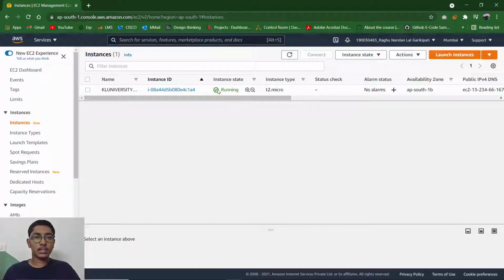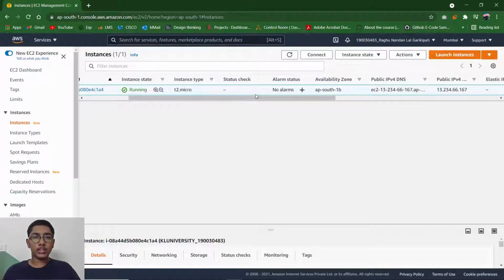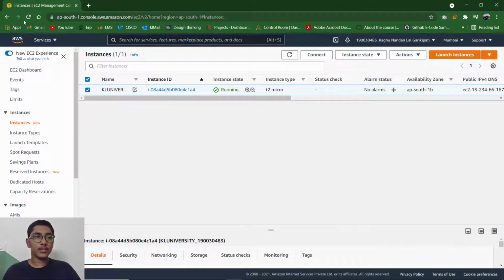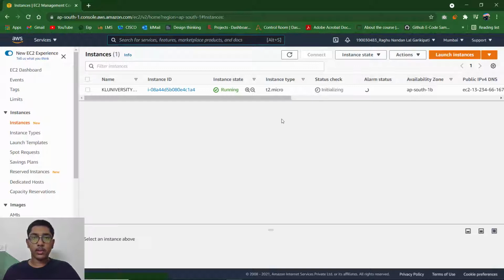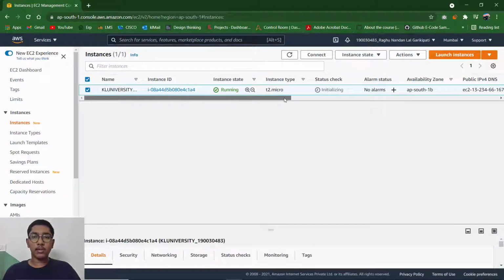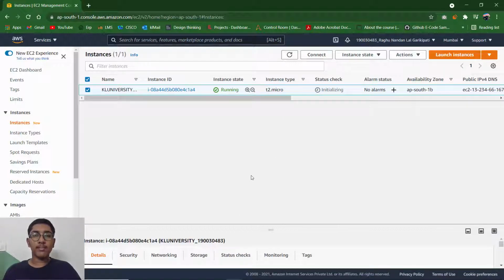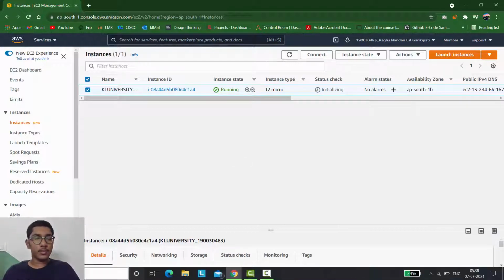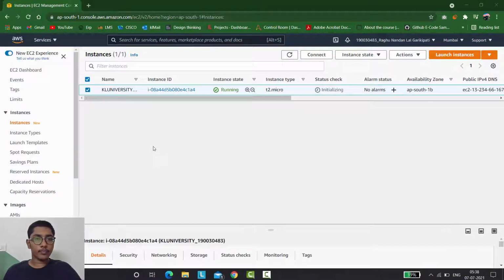The instance state is running and there will be two status checks, which will be verified soon. It has started initializing. So until the checks have been completed, we will convert the .pem file into a .ppk file using PuTTYgen software. Now let's head over to PuTTYgen.